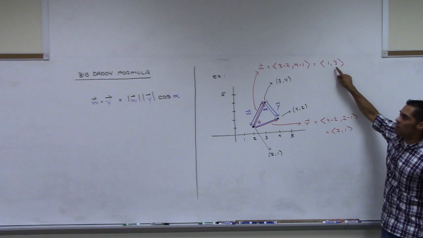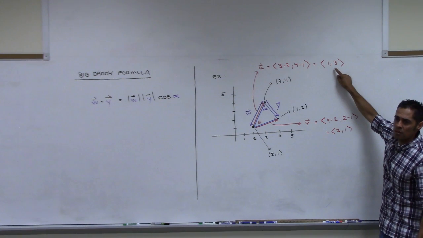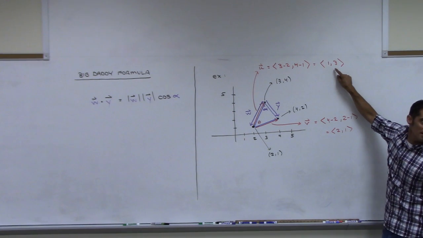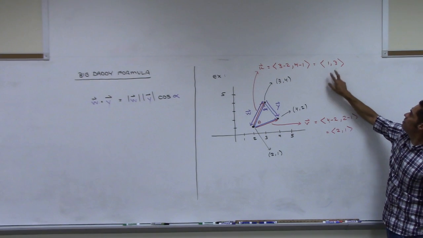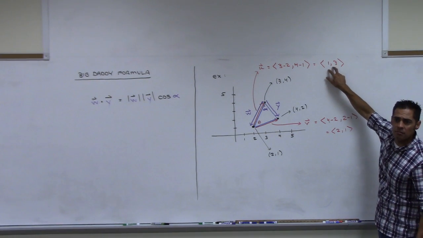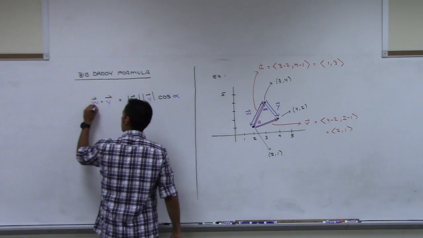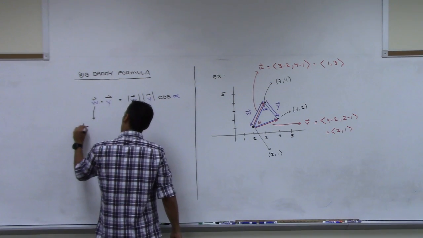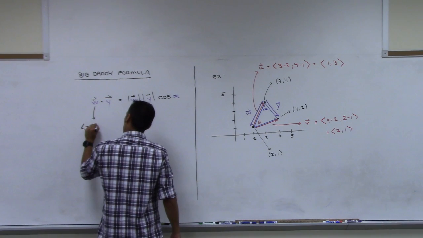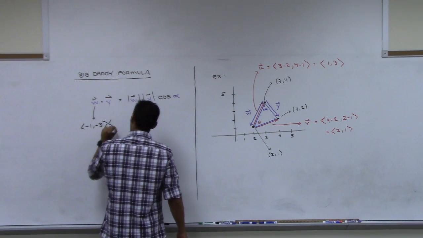So how do we point things in the opposite direction? Multiply it, scale it by -1. So isn't it just this vector with both negatives in it? Okay, so this vector W is the vector negative 3,